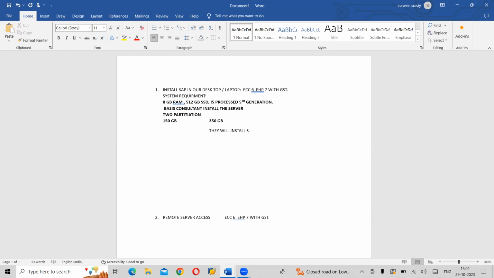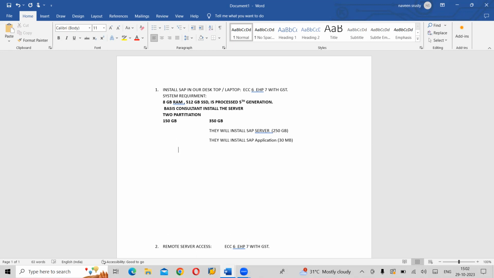It will take 250 plus GB of space. And they will install the SAP application, which won't take much space, hardly 30 MB.